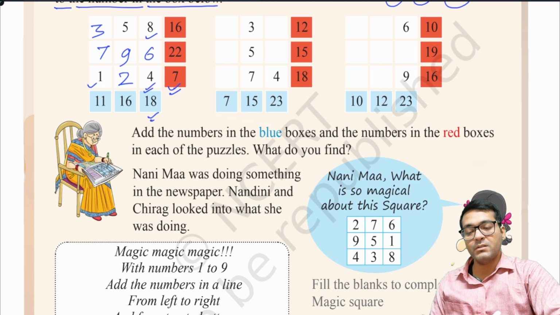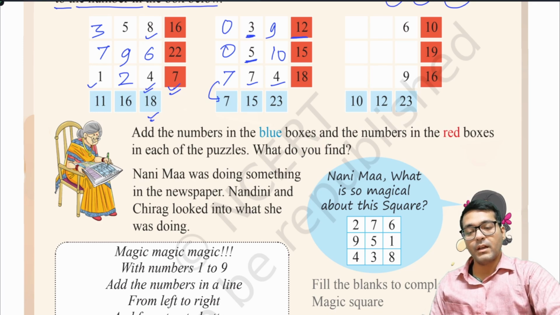Similarly, you can do this puzzle also. 7 and 4, 11, 11 and 7, 18. Here is 7, so here will be 0, here will be 0. Similarly, 3 here and 12 here, that means 9 should be here. And 5 here, here should be 10. For this question,